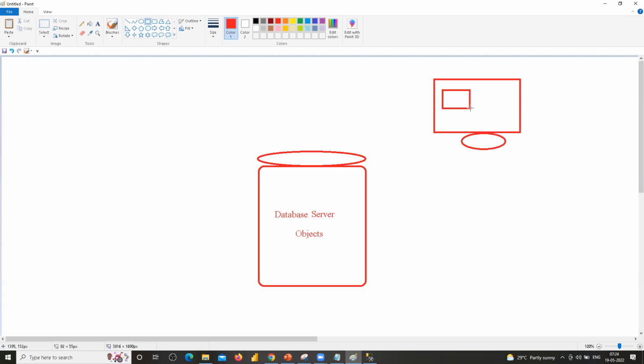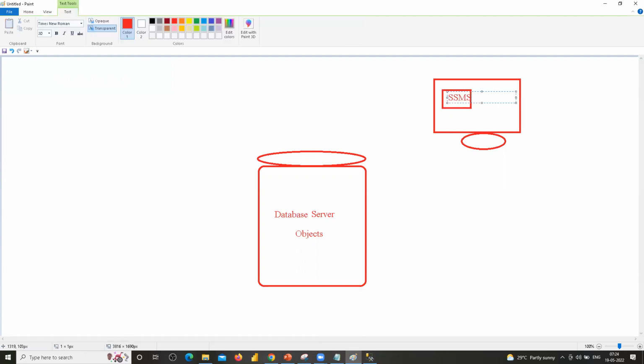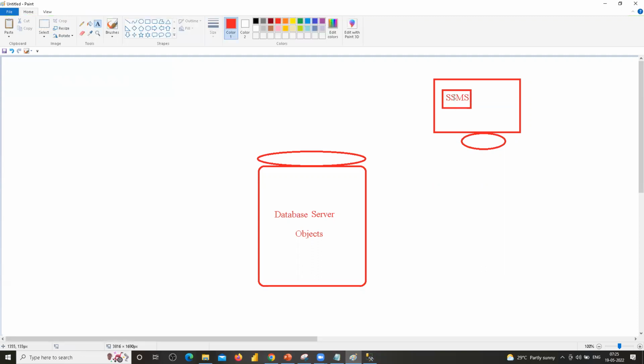It's available, it's installed. So in the system, SSMS is also installed. Using this SSMS, we can interact or we can connect